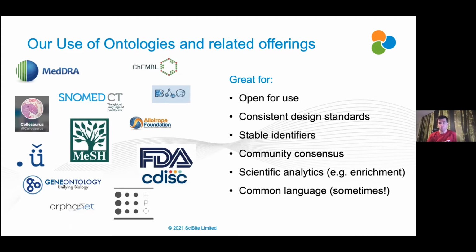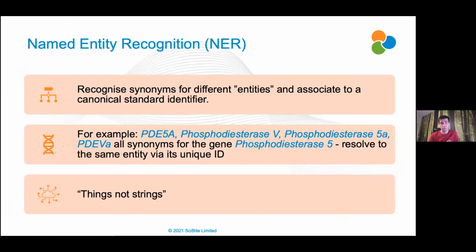There's stable identifiers across the board. The closer those things are to a URI, the better, but at least they're stable and they don't just disappear. You can go back and find out where they are if they've been obsoleted. That's also important. Again, all this stuff that I think OBO has a really good handle on already, that they often represent a community consensus, sometimes differing communities, but there's some consensus there that is important, and that you can apply these things to different analytics approaches. So enrichment is an obvious example where they get a lot of use. Common languages mostly, a lot of them have versions that we can use in OWL, but not always. So that's not always the case.